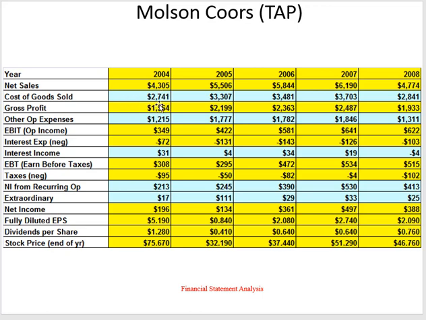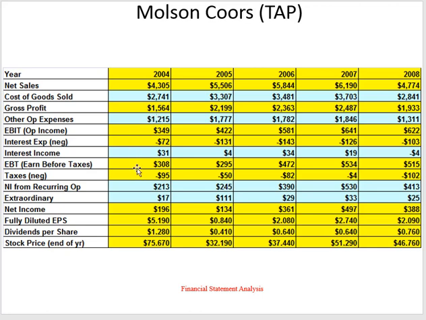The company spent $2,741 million on producing products, which meant after those expenses, the gross profit of the company, and again, we'll talk about these things later in the course, there is $1,564 million left to pay the other